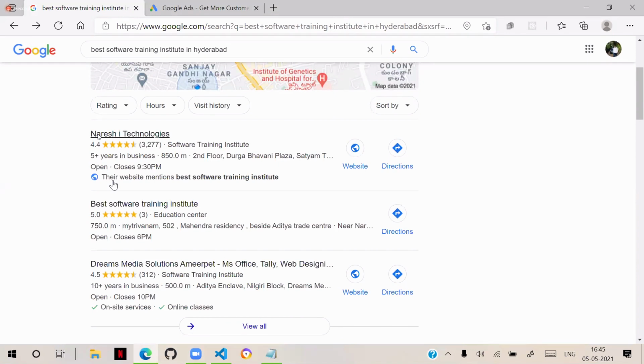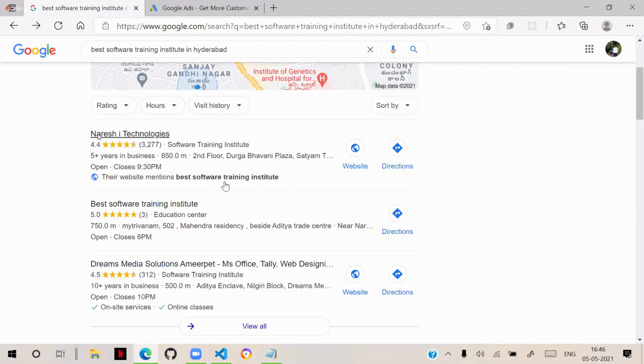They say that this Naresh I Technologies website mentions this word, best software training institute. Where did they mention that word? They will not mention it in the general website body. They mention it in the metadata.